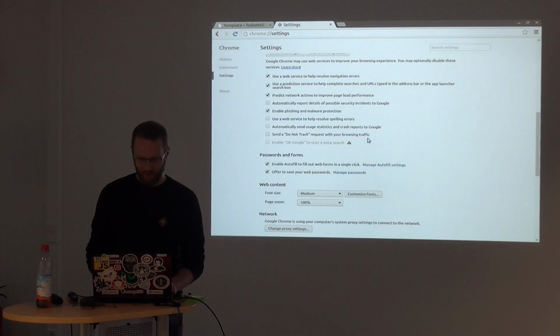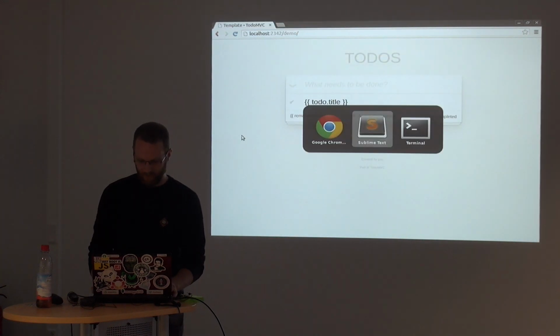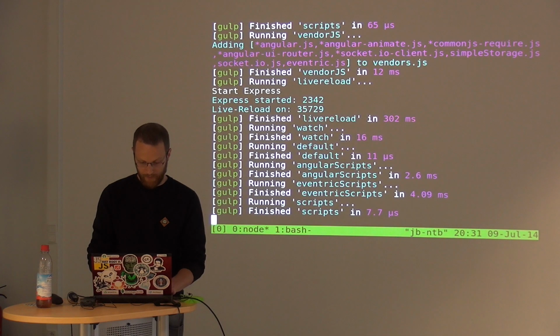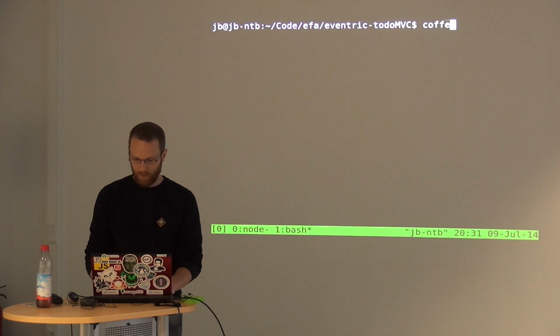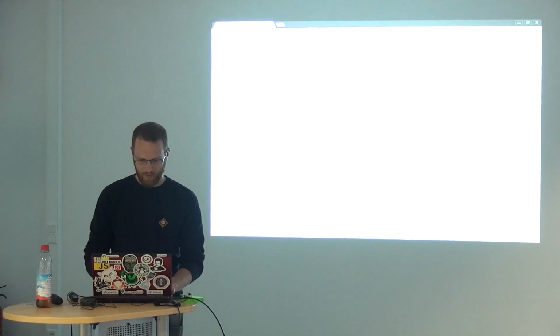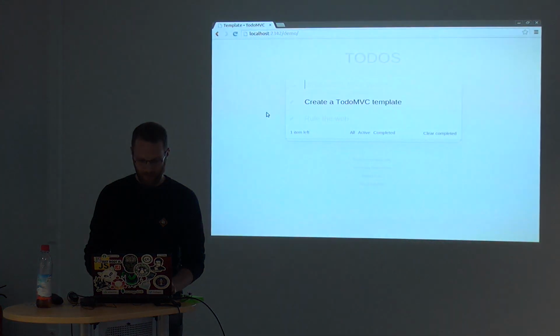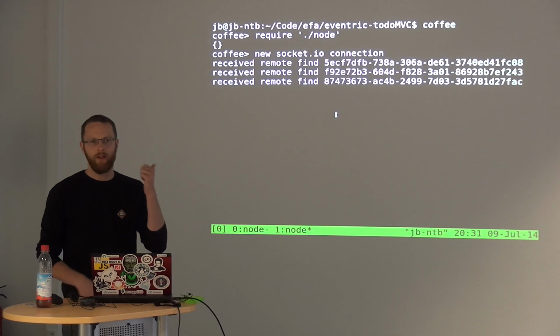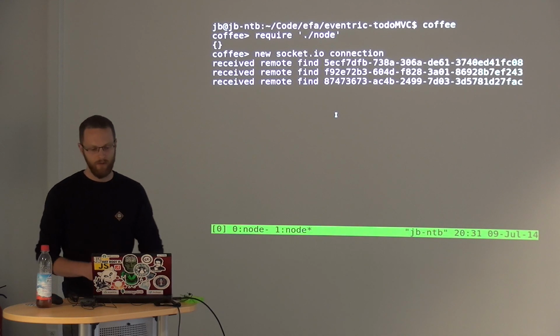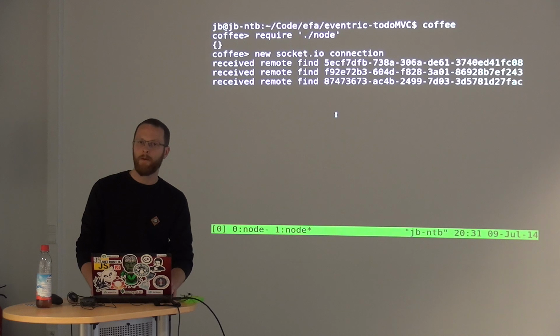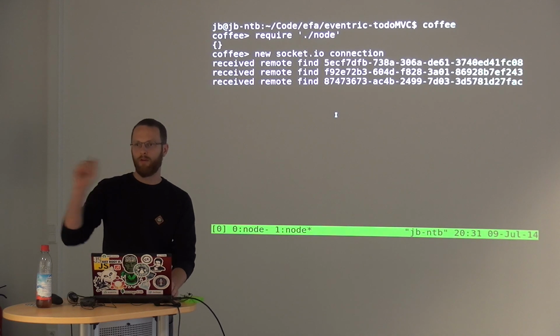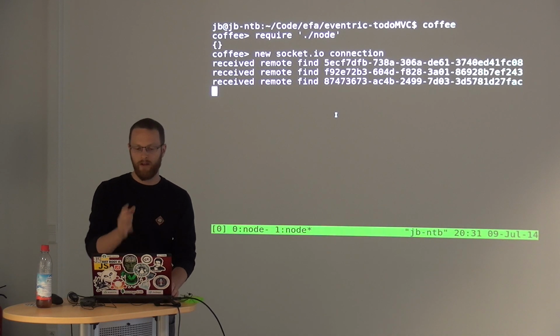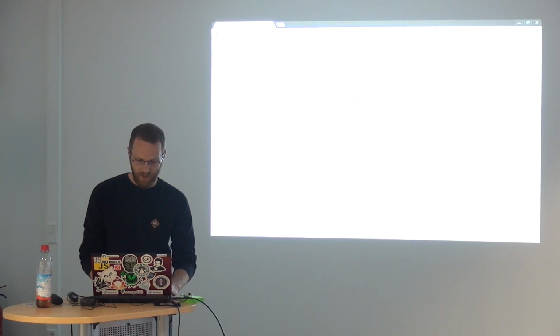Let's clear the cache because I didn't figure out how to make this thing actually reload. Okay, here we are. So I have received remote finds. So actually what the source code does in the ToDo MVC is saying store find, and it goes over socket.io and asks the local database. So if I now say,